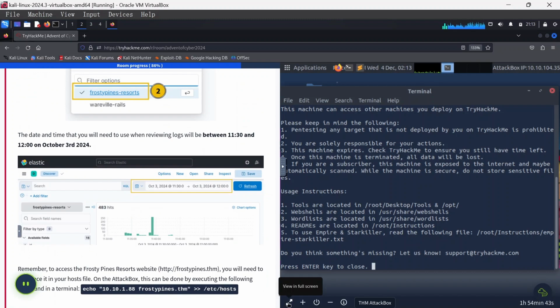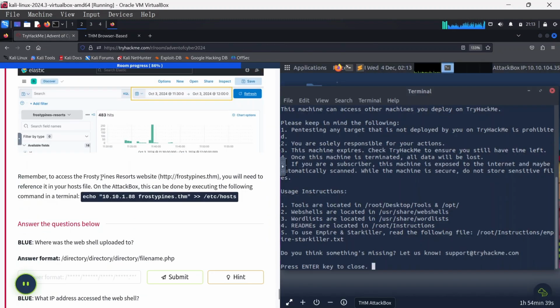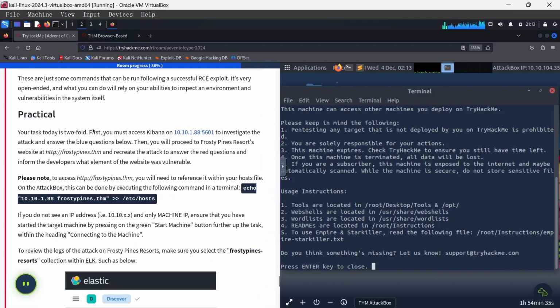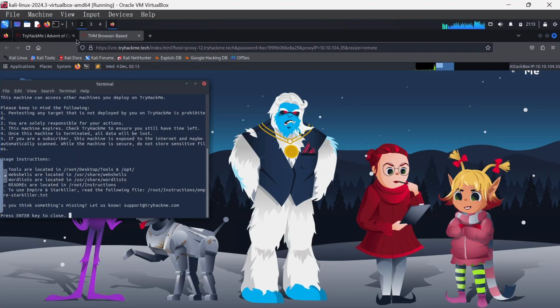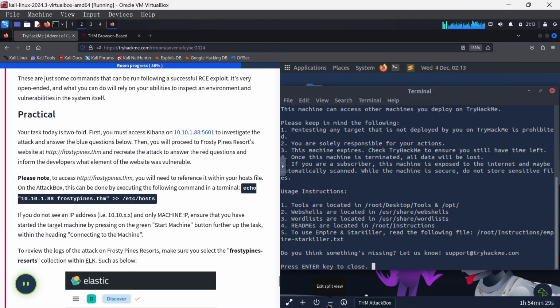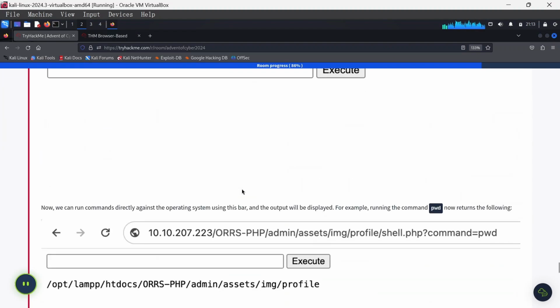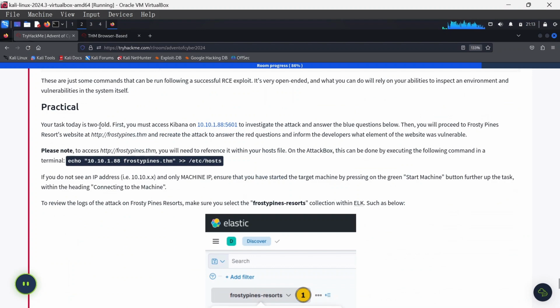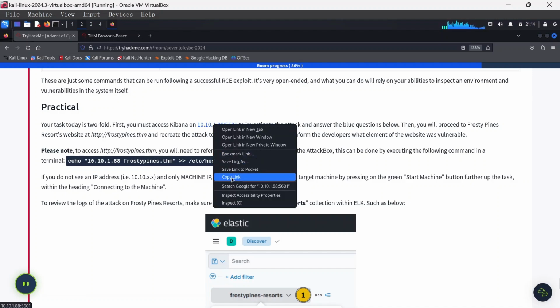Let me put this in a new tab. Okay, now the questions are in two parts, but let's read from the practical part first. Okay, good. Our task today is twofold. First, you must access Kibana on this, and I'm just going to copy this for a while